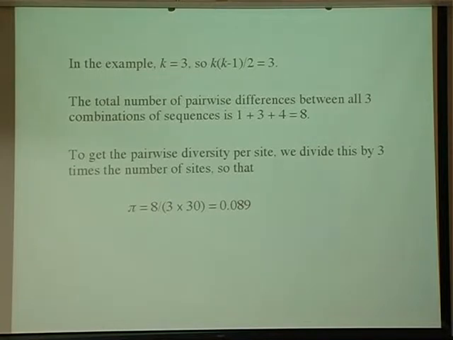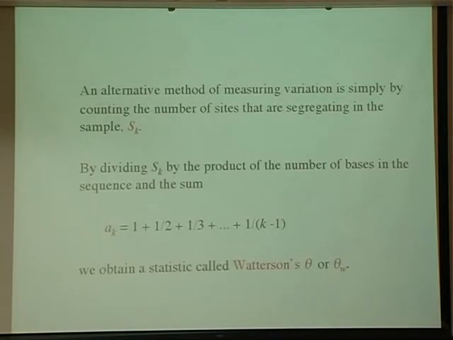There's another much cleverer way of doing it. This was invented by a man called Geoff Watterson, who's an Australian mathematician. We simply count the number of sites that are segregating in the sample. That's often called S sub k, where k is the sample size. So we just count the number of polymorphic sites. And then we